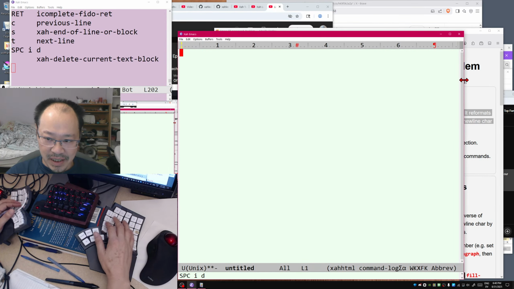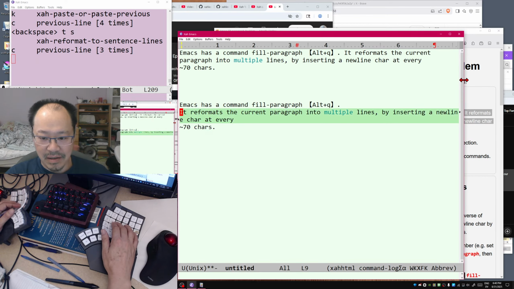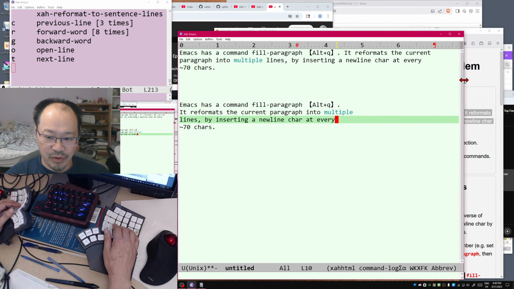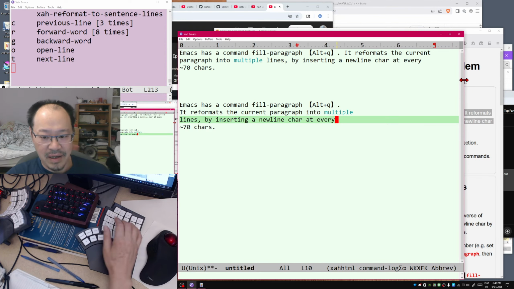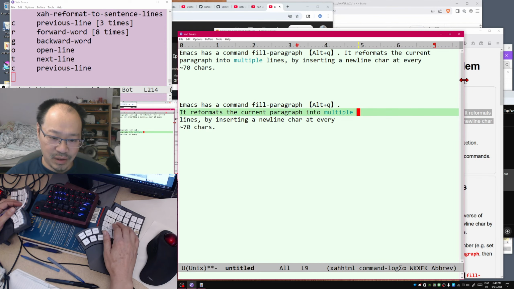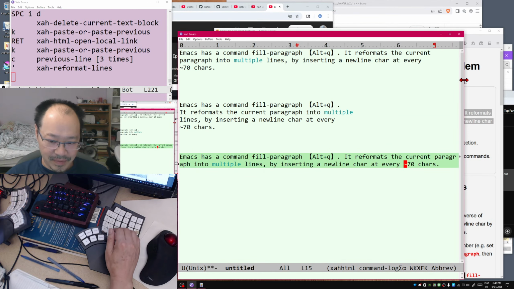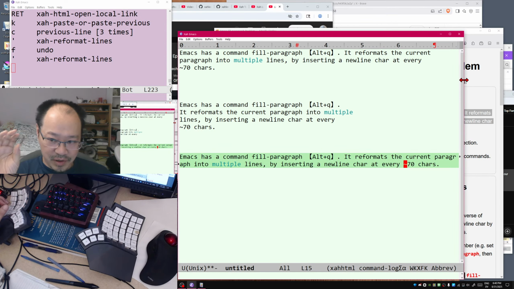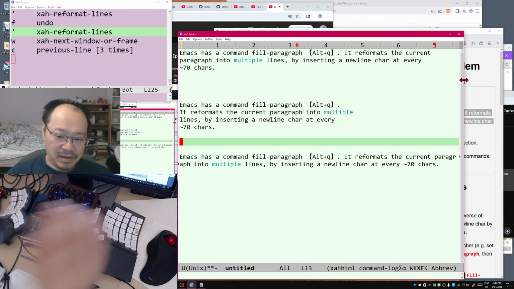So if you begin with, let's make them very short, if you begin with multiple lines, there's no command to turn this back into one line. Like that. I can do it because I'm using Xah keys and I have this Xah reformat lines. Okay, so this is